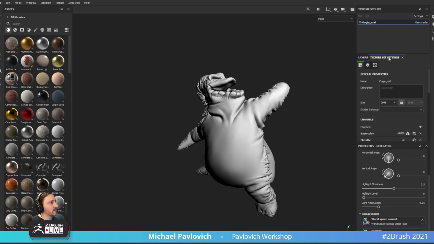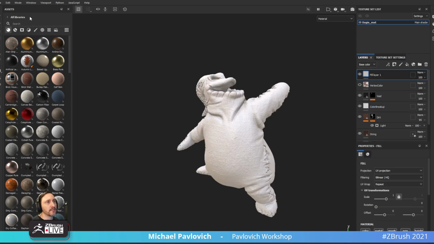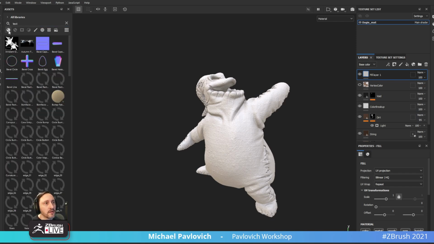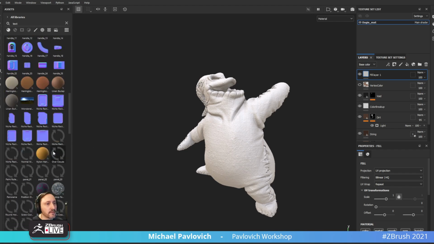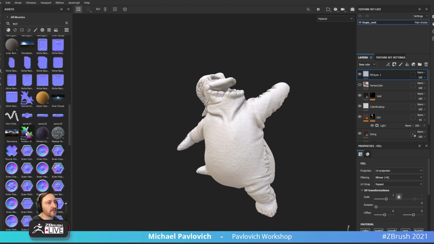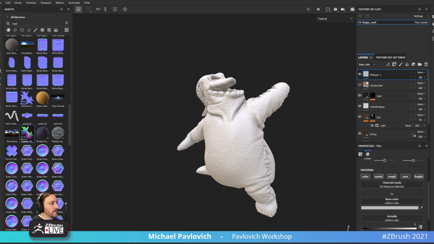So is this a better way to explain this? I'm going to do a quick fill layer. I'm going to go in here to my texture. So here's my AO texture. Here's my color map that I'm really looking for. So here's my position map. So if I drag this onto the color map here,